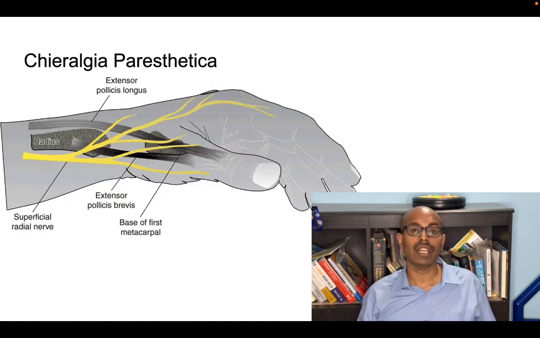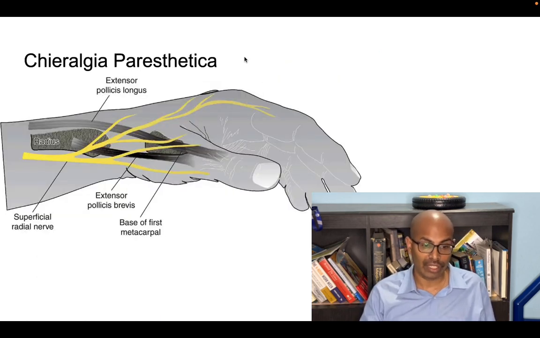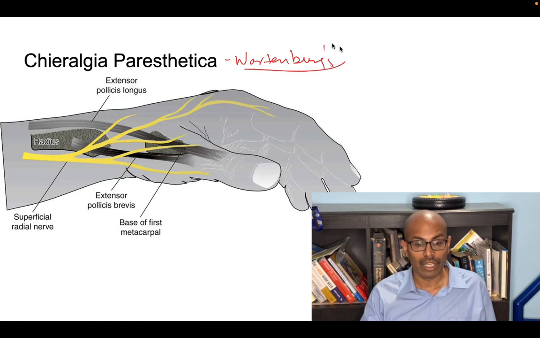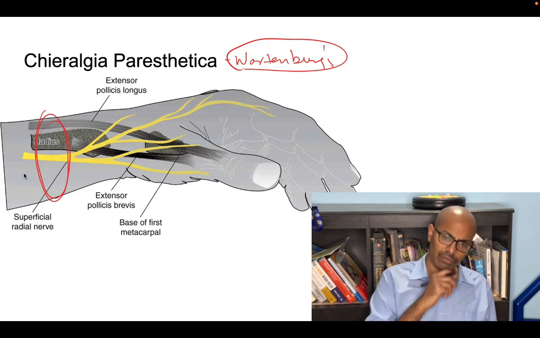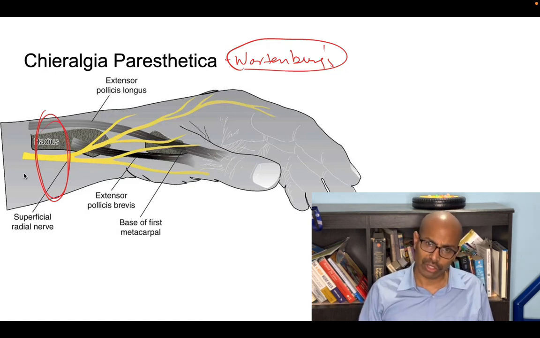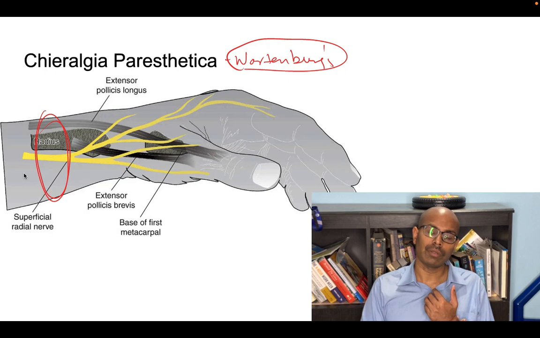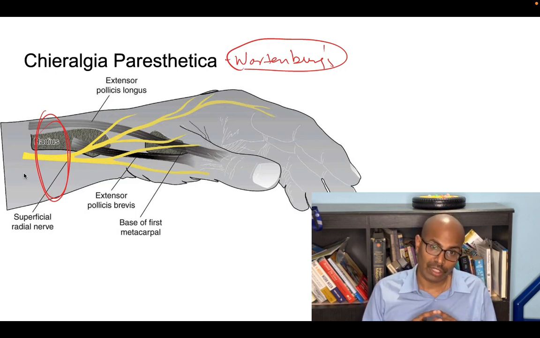Similar to that is Chieralgia Paresthetica, also called Wartenberg syndrome. It occurs because of compression of the superficial radial nerve at the level of the distal forearm or wrist area. So when you wear a very tight watch, or a prisoner is pulled around with very tight cuff links, it can cause compression of the superficial radial nerve, and this is called